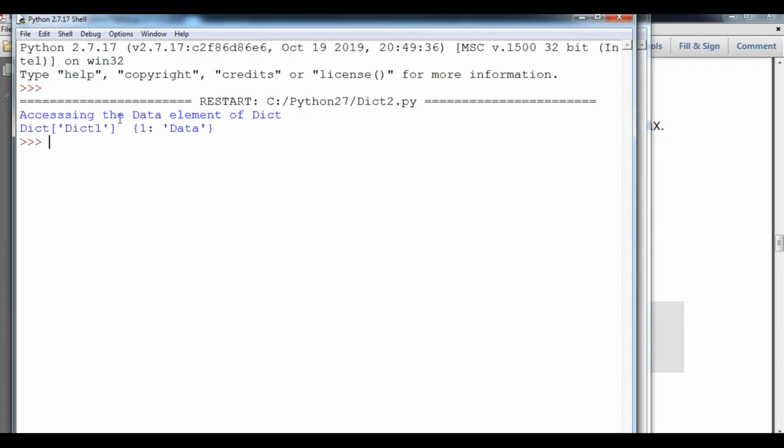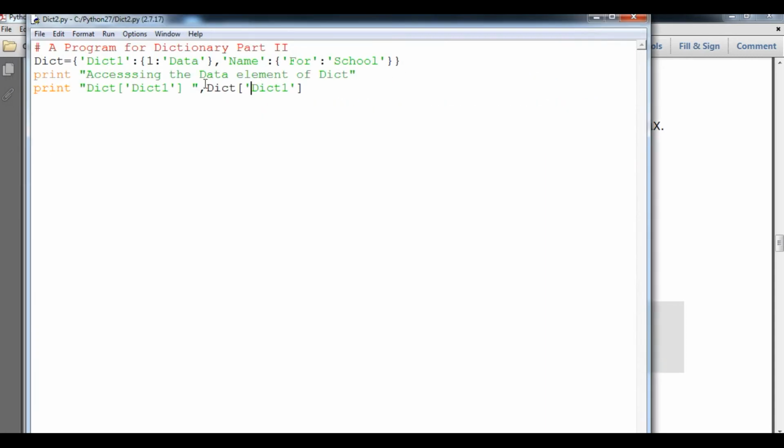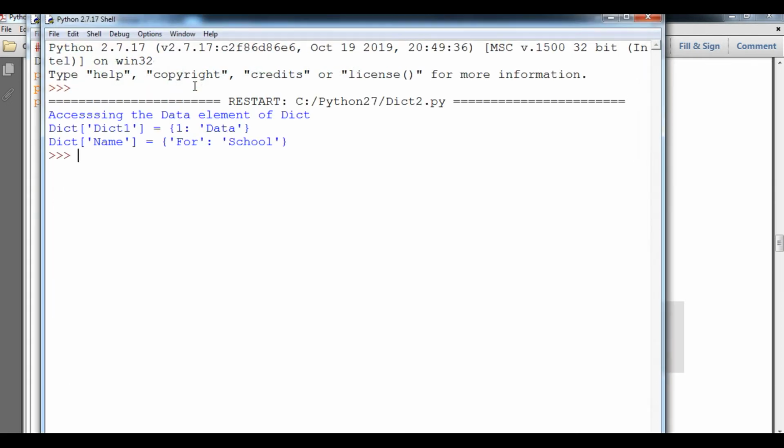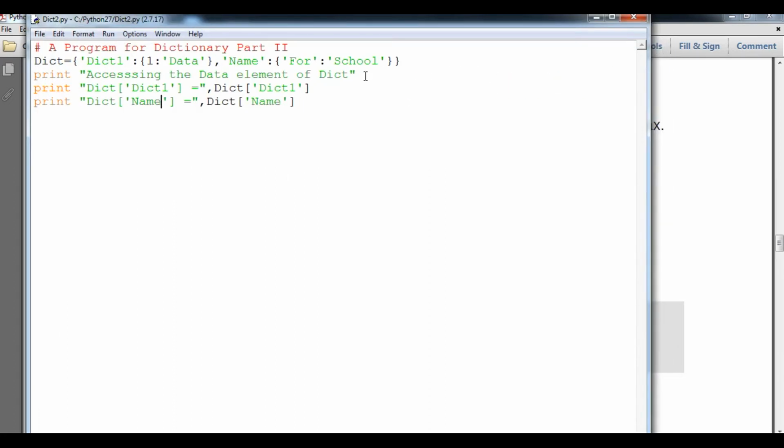So here you can see the output is one of data. That means it is itself a dictionary, as shown in the example also. Now if I am going to access this, I will copy this, and then after that I will say the next key is, I think, name. Okay, so here you can see name is also one of the keys for my dictionary. So you can see what the output will be, so for school. These two keys are in my dictionary, so it will print the whole elements.